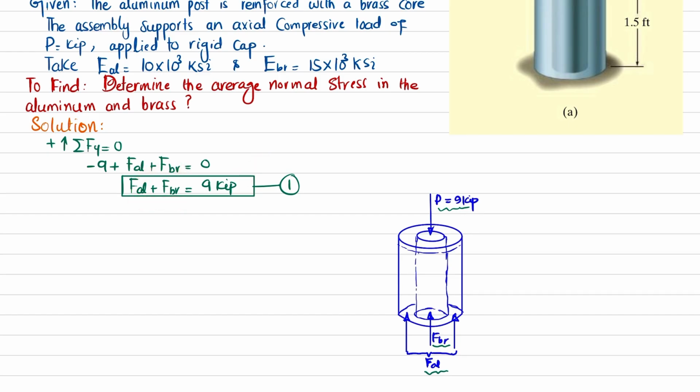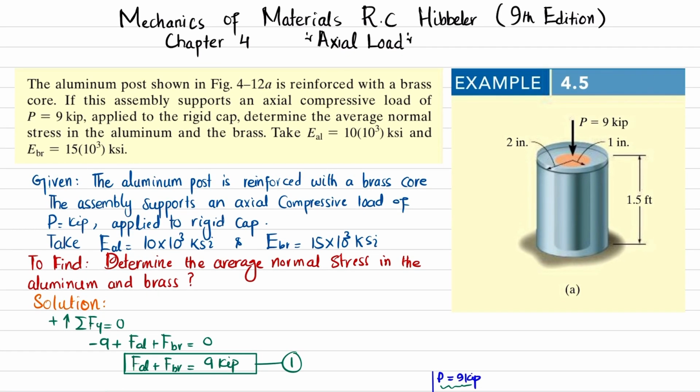So what we will do is use a compatibility equation. How will we find this compatibility equation? As we have been given, the load is applied to the rigid cap. So there is a rigid cap, which will cause the aluminum as well as the brass core to move downward because these are in compression. So the rigid cap at the top of the post causes the aluminum and brass to displace the same amount downward. Therefore, we can write